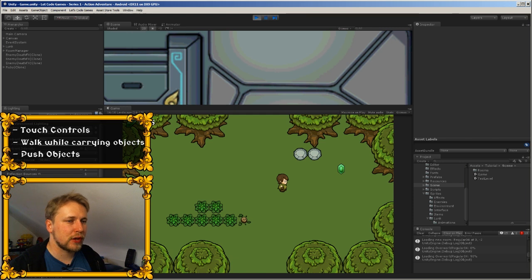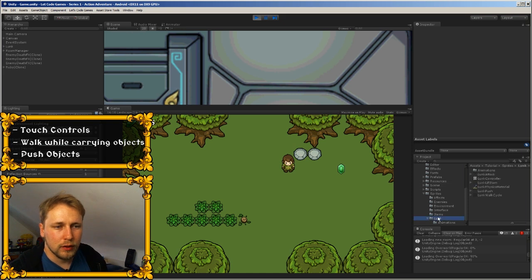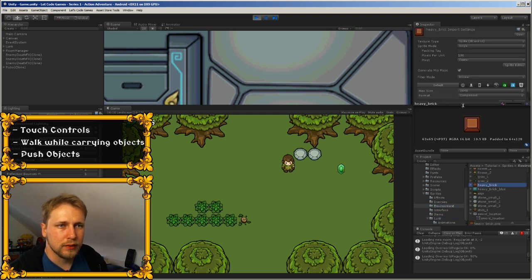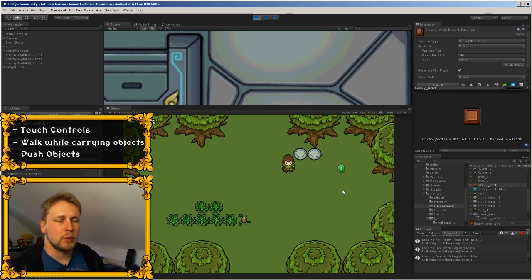And then we also have some animations that are yet unused where we can push objects. So we have another type of stone here, which is more square-like. Is it an environment? I think yes. Like this. And we want to add that into the game, so those can be pushed around. So we have some animations where the character is pushing against the objects, and yeah, I want to implement those,